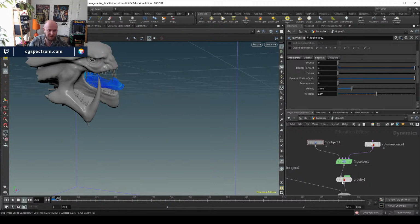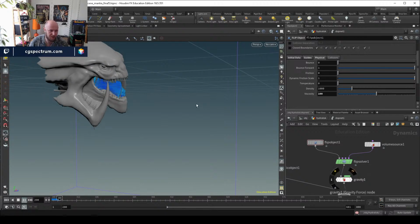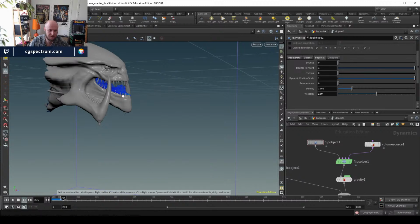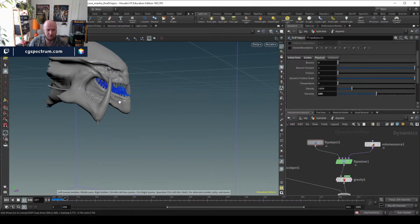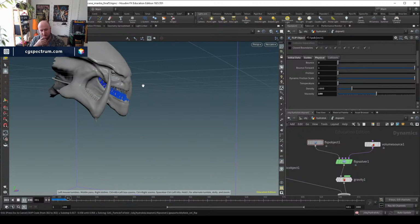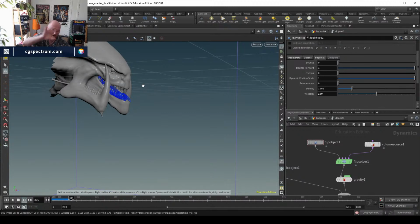Now, the whole point of this is you may be able to imagine what is going to happen, but when I apply the original transformation back to this, the fluid is going to be transforming as well. So it's something you need to be really careful with when you're doing these effects, this inverse transformation stuff, is that you don't really want to do it, or you can't necessarily do it on an effect that is flying around like crazy,